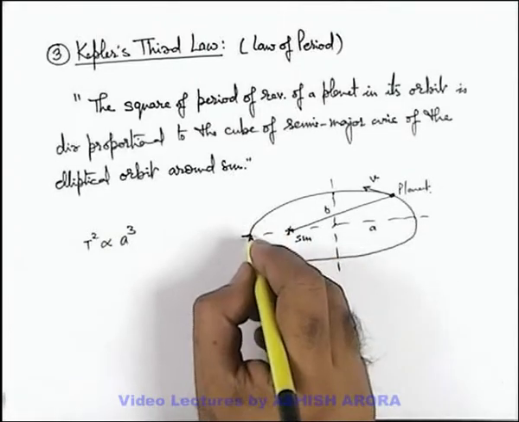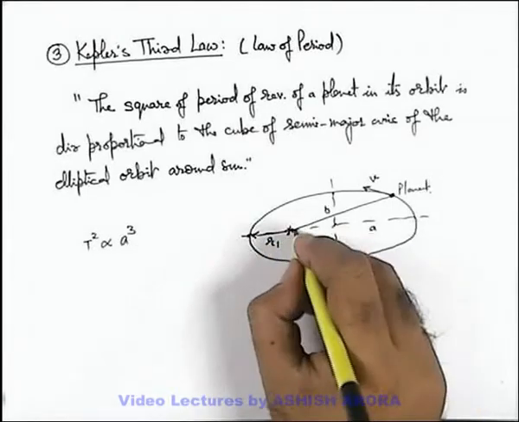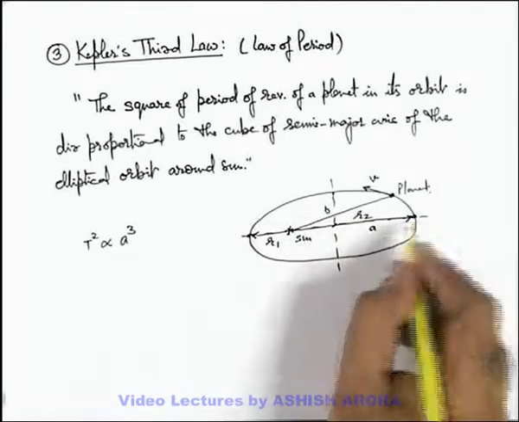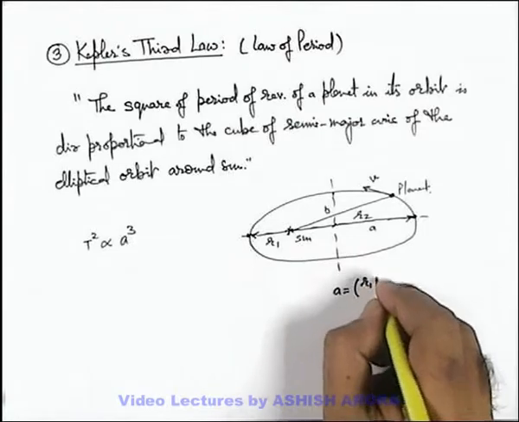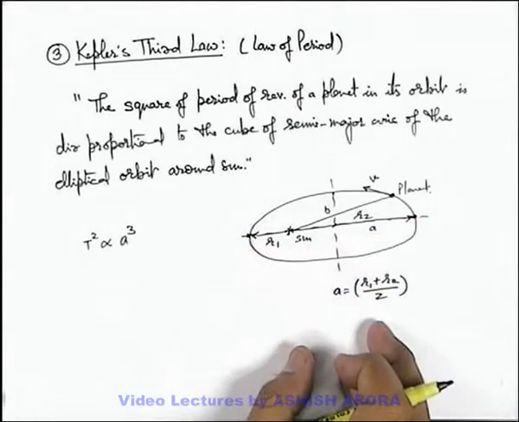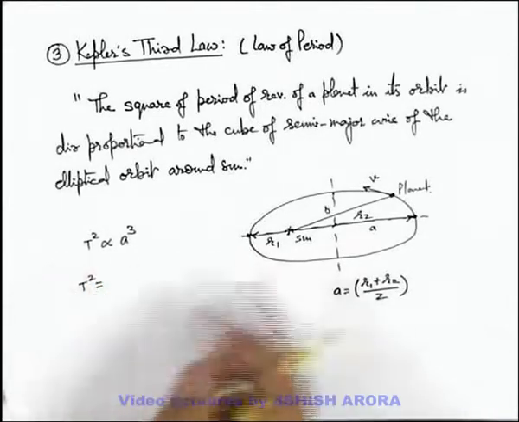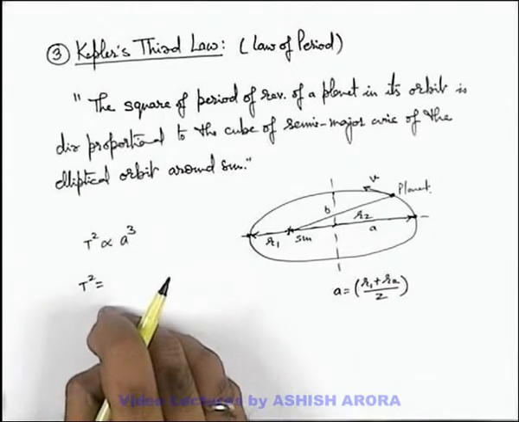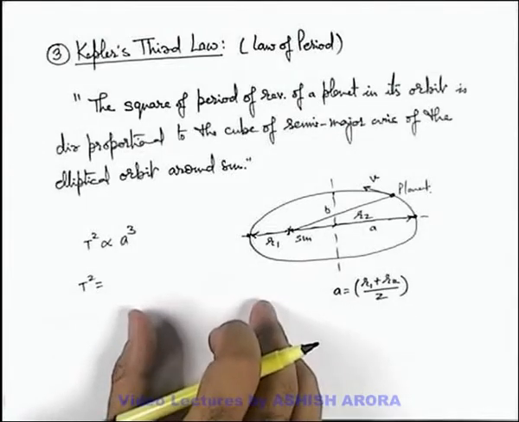Here, say if we are also given perigee and apogee, like say r1 is perigee and r2 is apogee of the planet with respect to Sun, then this semi-major axis can also be written as r1 plus r2 by 2, as r1 plus r2 is the major axis. And here, there is a proportionality constant which can also be derived. Right now, we're not deriving the constant of proportionality as it is out of the scope of this particular lecture.